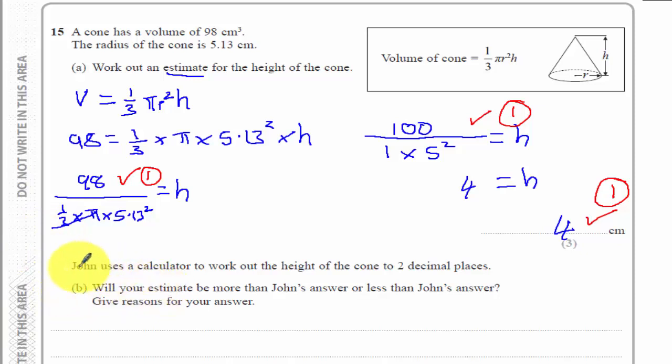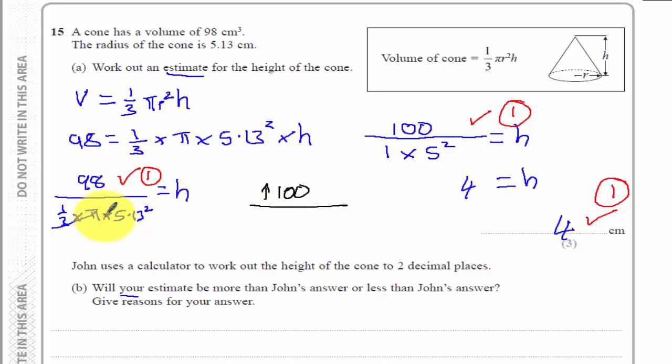Part B. John uses a calculator to work out the height of the cone to 2 decimal places. Will your estimate, so that's 4, be more than John's answer or less than John's answer? Give reasons for your answer. So let's take a look at the sum I did. So I did 100. Now that was more than the 98,